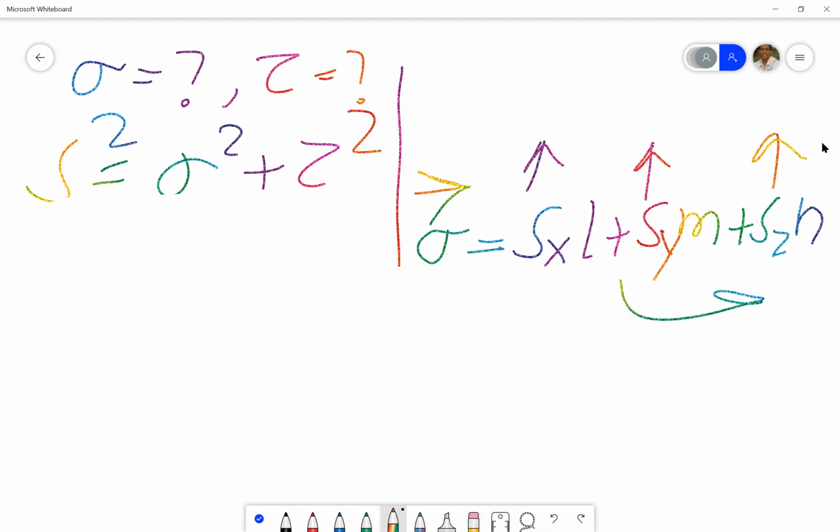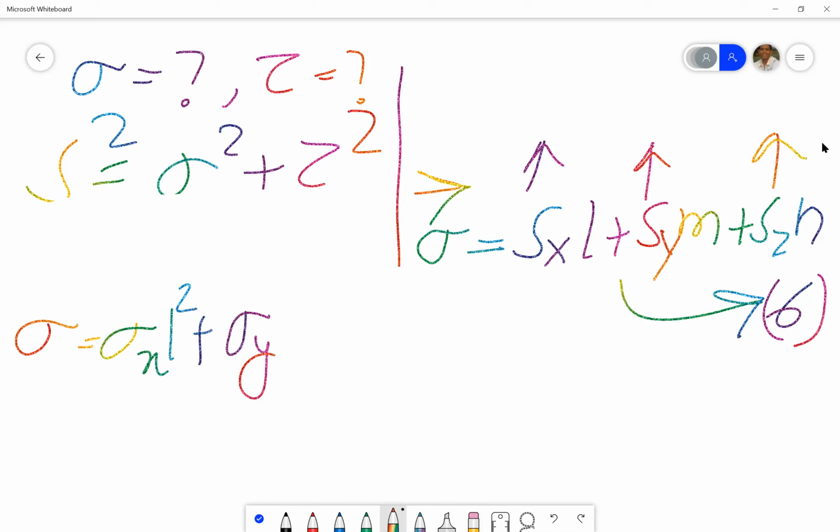If we put the values of equations 3, 4, 5 in equation 6, we will find that sigma is equal to sigma x L square plus sigma y m square plus sigma z n square plus 2 tau xy